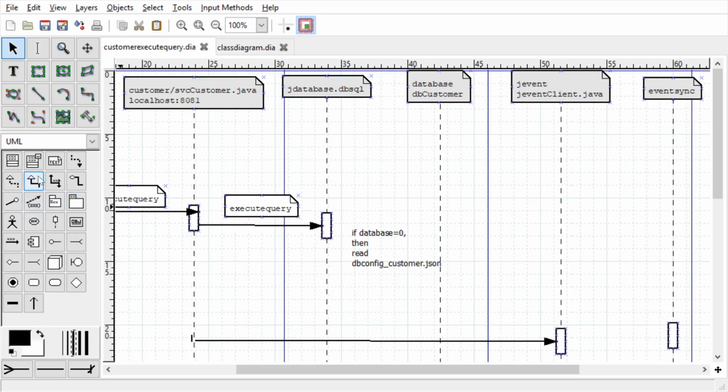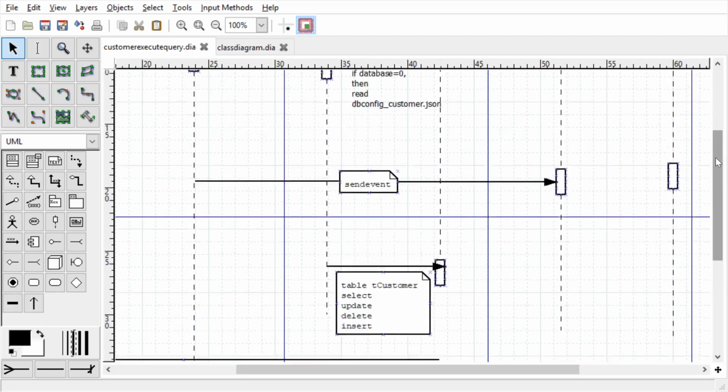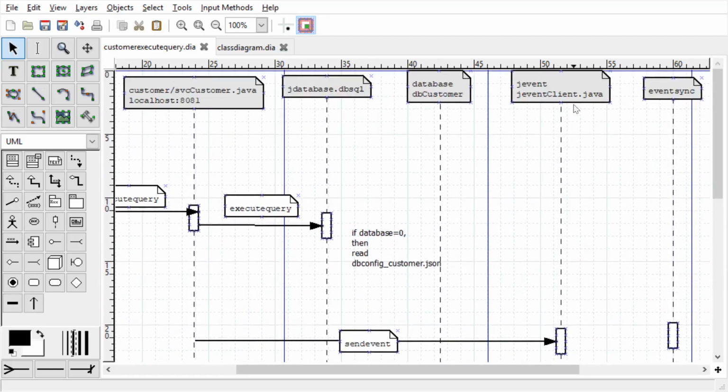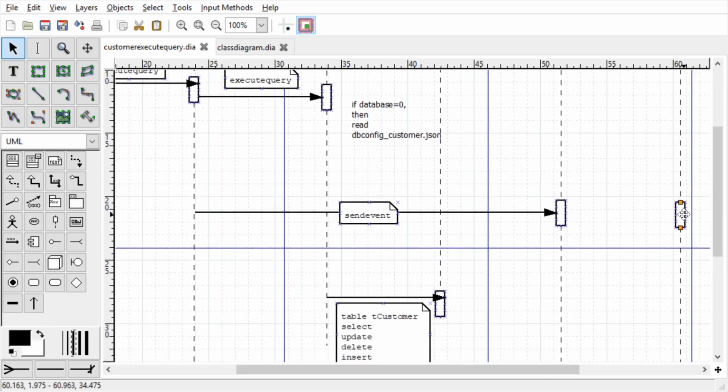So let me create this. Send event, right? This fellow is calling the send event function on JEvent client. So that is your JEvent client. Then what does JEvent client do?